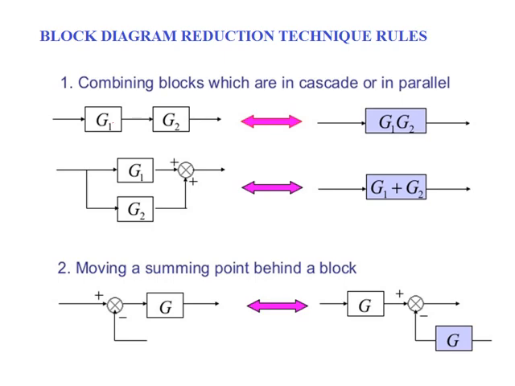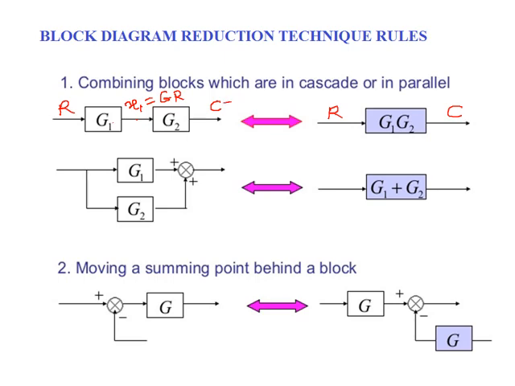Okay, so let's see here. Suppose this is input R, and I'm labeling the intermediate node as x1, and this is the output C. After using any rule the output should be the same. So again I'm labeling here, this is R and this is C. So what will be x1 here? x1 is equal to this gain into input, so gain into input, that is G1R.